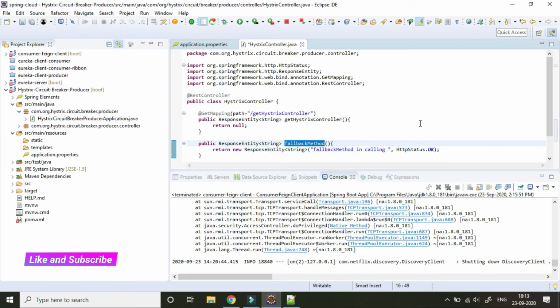So I have created a fallback method which will return that the fallback method is calling.